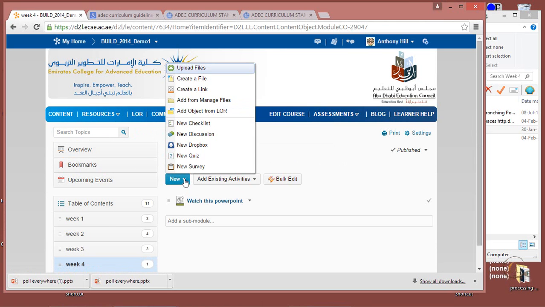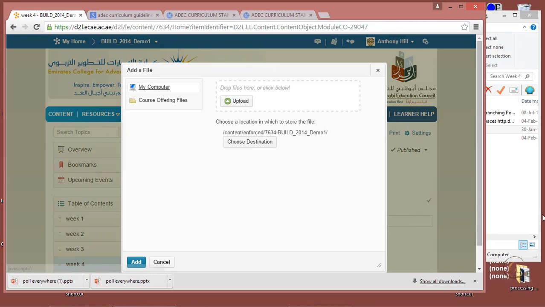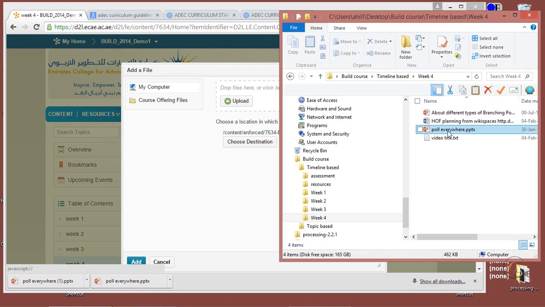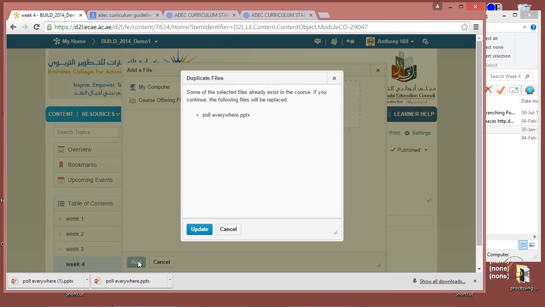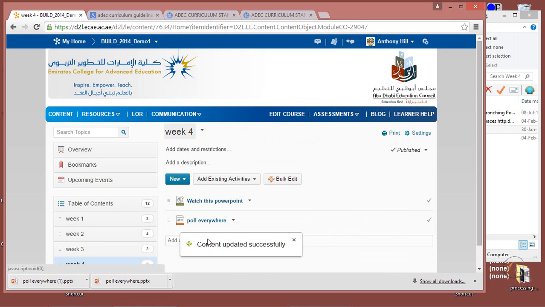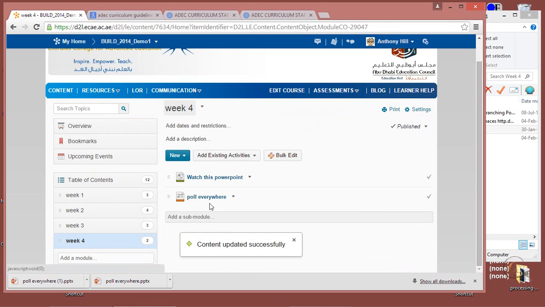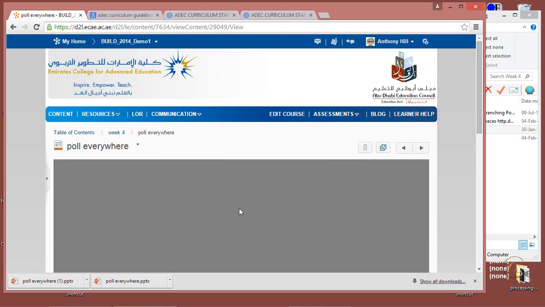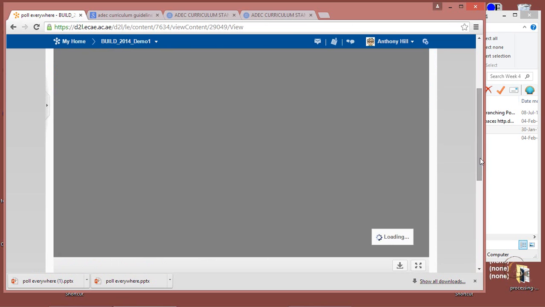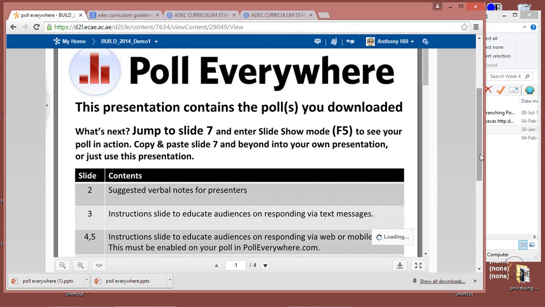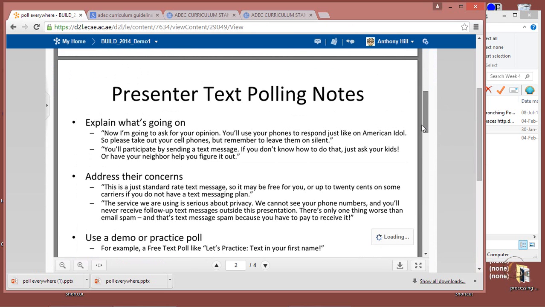So let's just show how that would work if I'd done the drag and drop method. So we take the same file and we drop it in here. We're going to add it. It already knows that there's a file of that name, but that's okay. We're going to put it in there. Okay, here's my poll everywhere, and when I come in now, suddenly I'm going to have the PowerPoint once it's loaded up. Here's my PowerPoint,